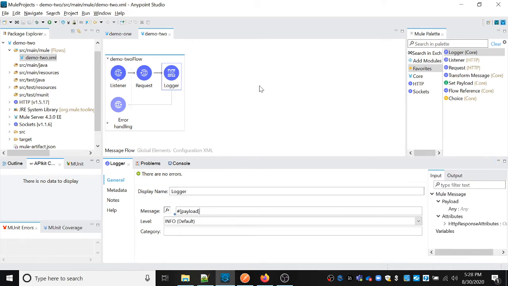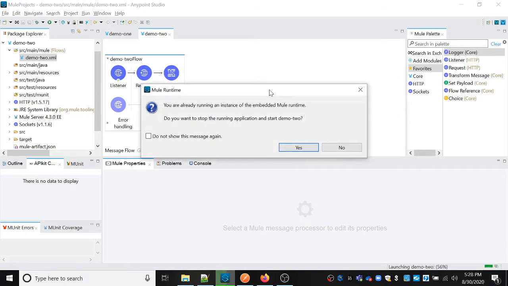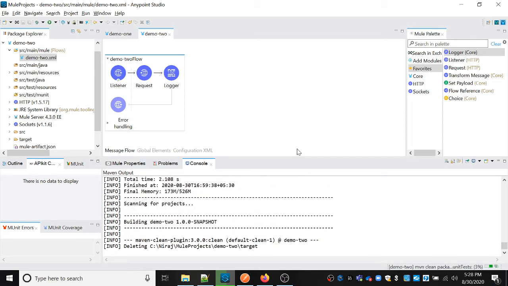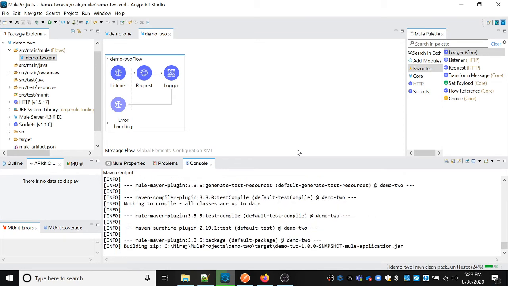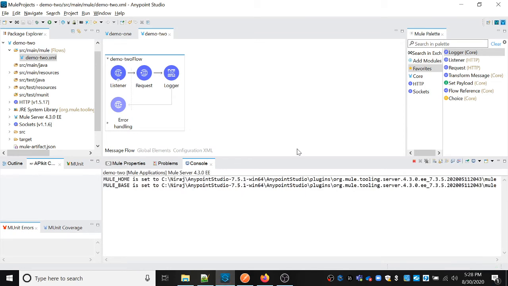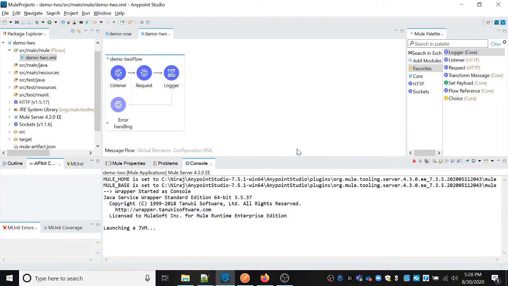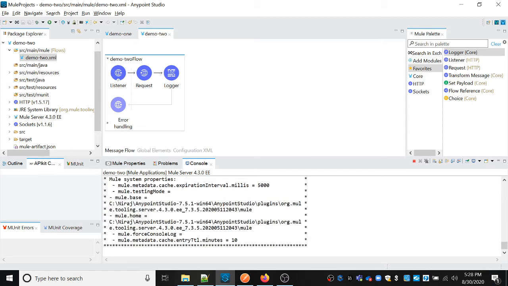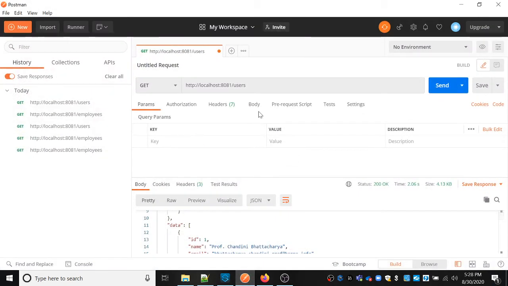So let me run the project here, and we can check what value comes through the first flow. It will take a few seconds to deploy the project. After deploying successfully, we can check through Postman. My endpoint path is employees, right?